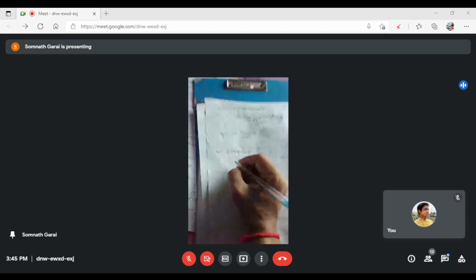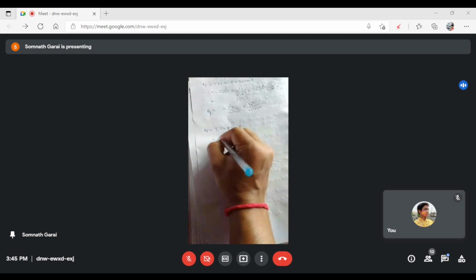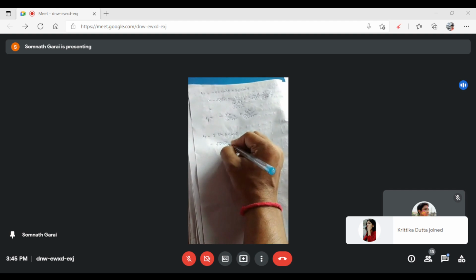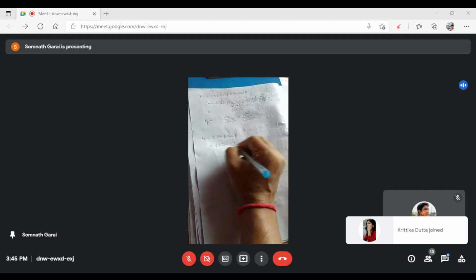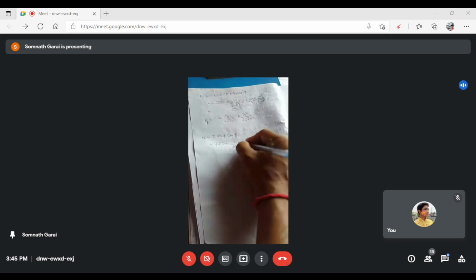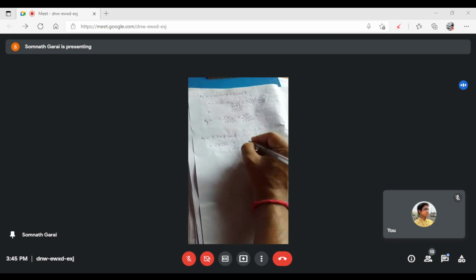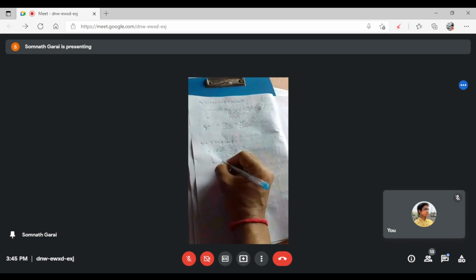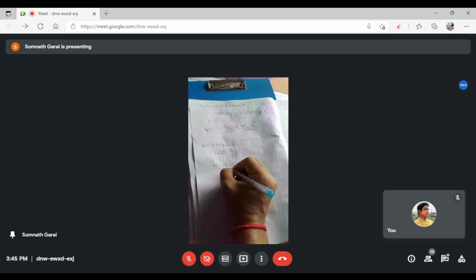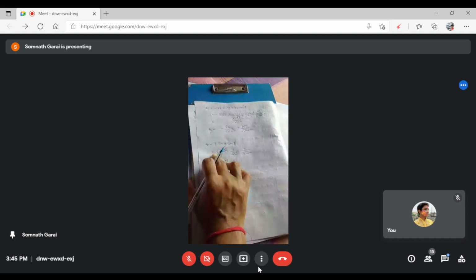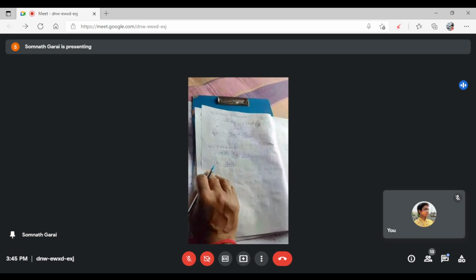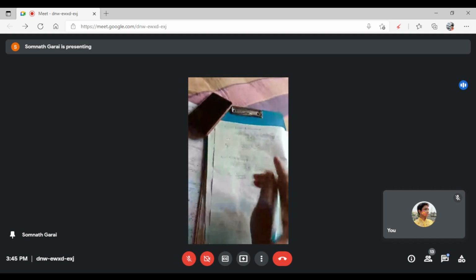Right? So rho is equal to root under x square plus y square. Sine phi is equal to y by root over x square plus y square, and cos phi is equal to x by root under x square plus y square. Now it is cut out. So x y divided by x square plus y square. Right? So the value of ax, value of ay, value of az already determined.